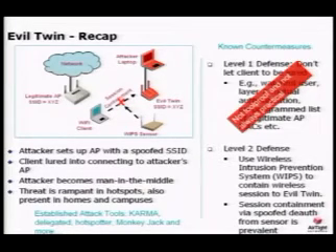The level 2 defense we are looking at is what is known as a wireless intrusion prevention system. A wireless intrusion prevention system consists of a set of sensors which scan the wireless medium, or air, and determine whether certain communication is authorized or not. Once it determines that certain communication is unauthorized, it can take some preventive measures to make sure that such a communication does not happen.